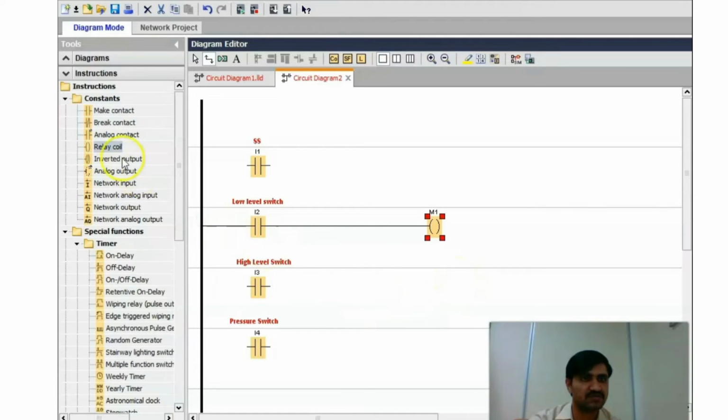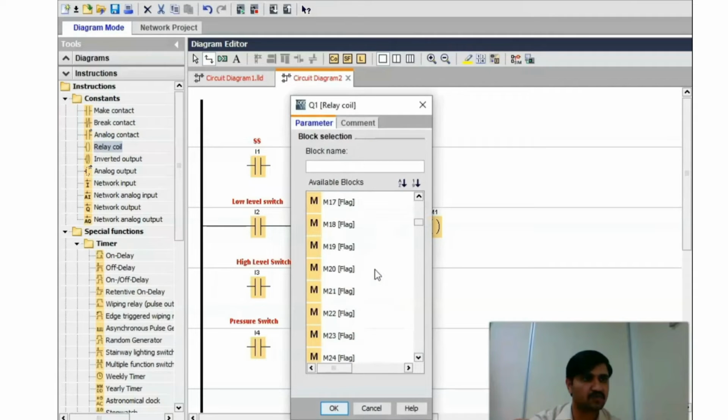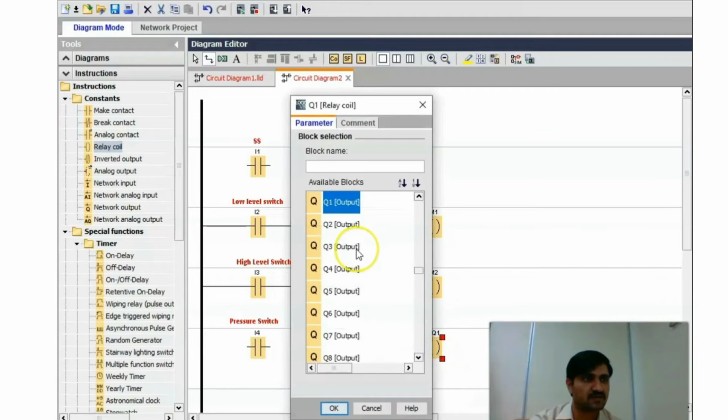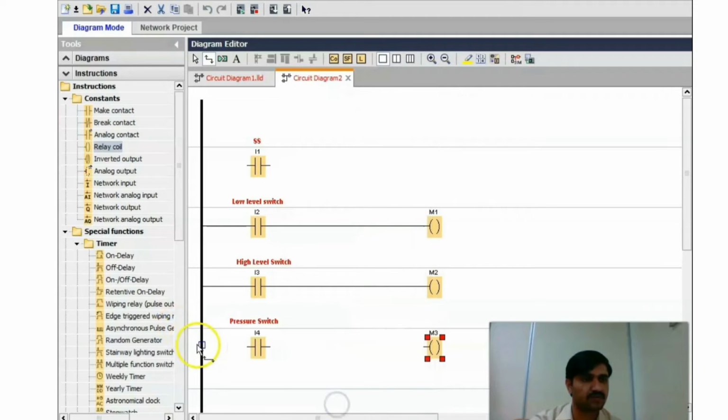For the high level switch, I will select M2. Here is the M2. I selected M2 for high level. Let's connect it. And for the pressure switch, it will be M3. We selected M3 for I4, meaning for low pressure.